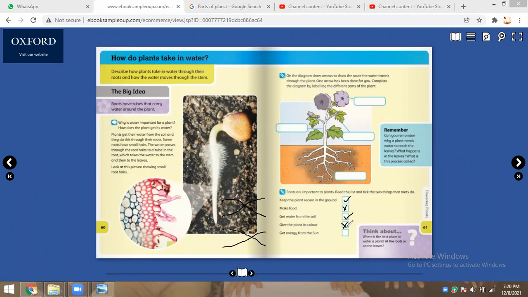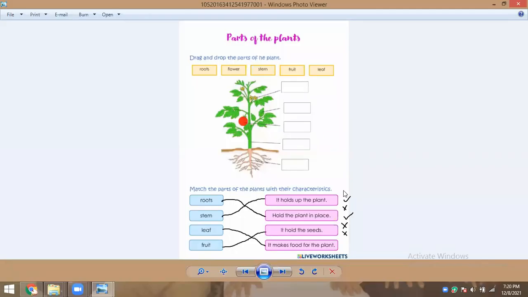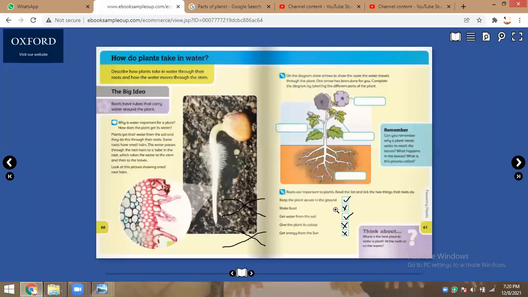Teacher, do you have homework? Yes, I will send the worksheet in your group. This one, as I told you, this one. I will send this, okay? This is for Faisal only because he came late. So I am just telling him this part.